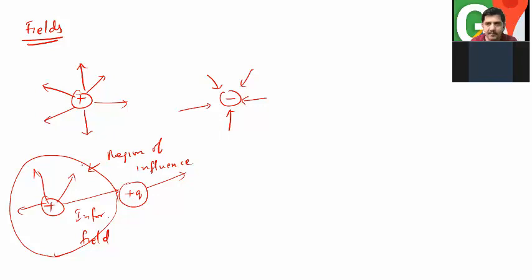Sorry? The gravitational field or magnetic field? Yes, very similar to gravitational field and magnetic field. The electrostatic field is also created in the case of static charges. Static charges create an electrostatic field. Movable charges create a magnetic field. We'll come back to it later on. But currently, let us look at static fields. Any questions? No, sir. Okay. So we have seen this one.